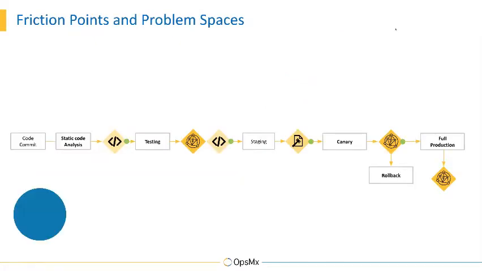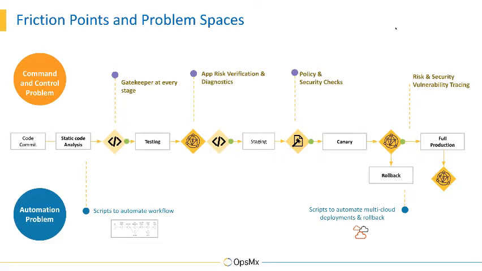And so, again, going back to where the friction points are when we look at this. And again, this content may look the same because it needs to be, right? It doesn't matter how I'm deploying, I need automation. So from an automation or orchestration part of the problem, I need tooling that allows me to create these pipelines, and actually meet those end needs, right? I need to be able to do canary deploys. I need to make sure that I'm doing continuous verification. I need to make sure that I'm adhering to policy. So that's the automation there.